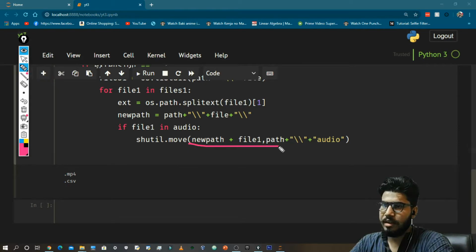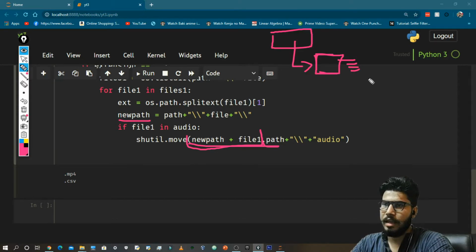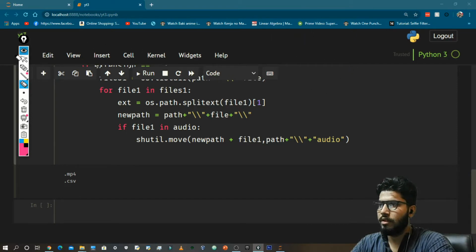Why did we do this? Because we have a folder inside which we have another folder, inside which we have files. So for this new folder we have this path, and inside this we have files. So we need to add that file name to the new path, and because we did this here, we do not need to add the double slash here again. Now let's move on, and we need to do that with all kinds of files.